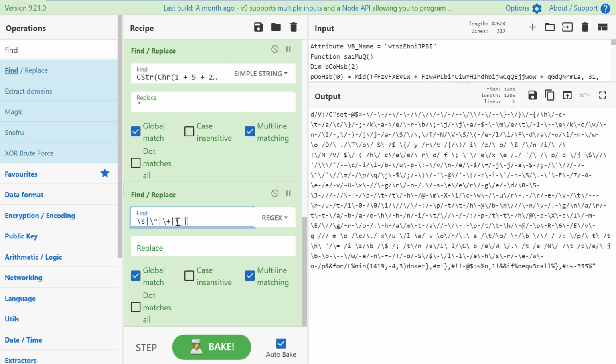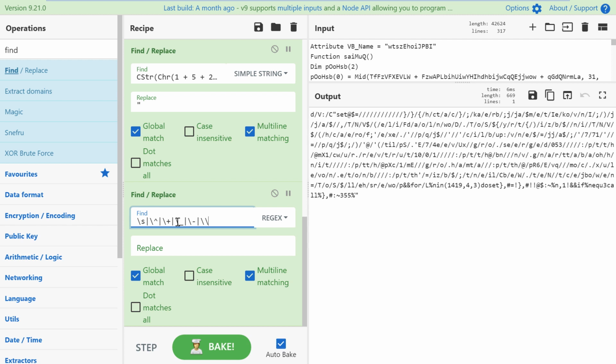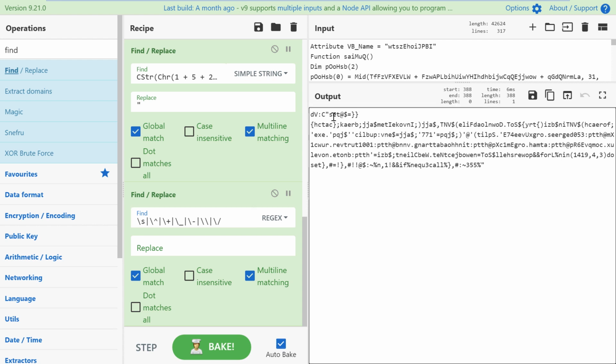We can keep going with dashes. We can keep going and see what happens if we take out the backslashes and then the forward slashes, and we get to a point where we've only got letters and numbers and some other characters left. We start to see things that our eyes settle on as potentially interesting. So if we look through it, we can see that set, and then we can see this